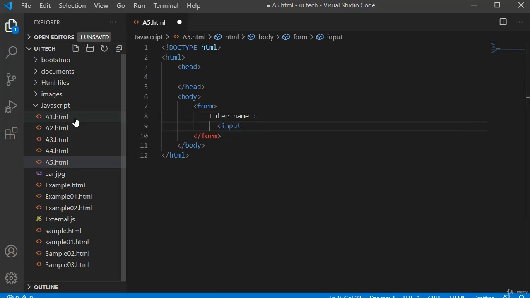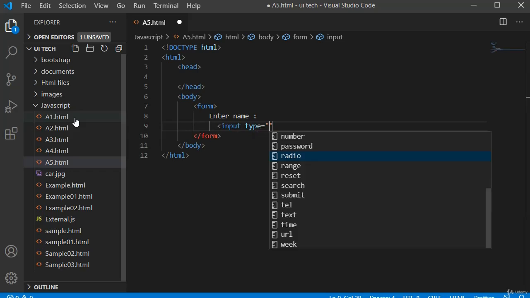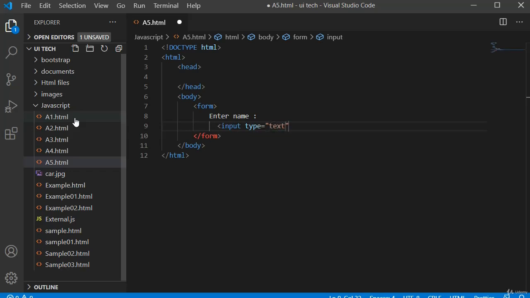input, type we use as text. I will give ID like txtName, then close it. Use another input tag.